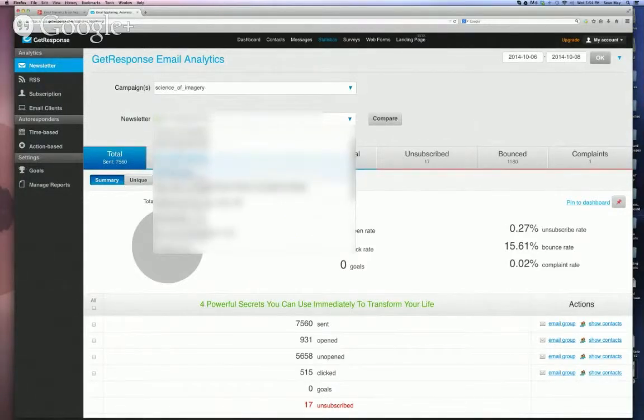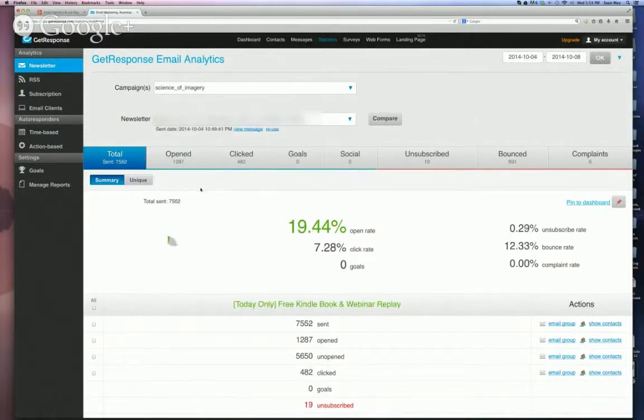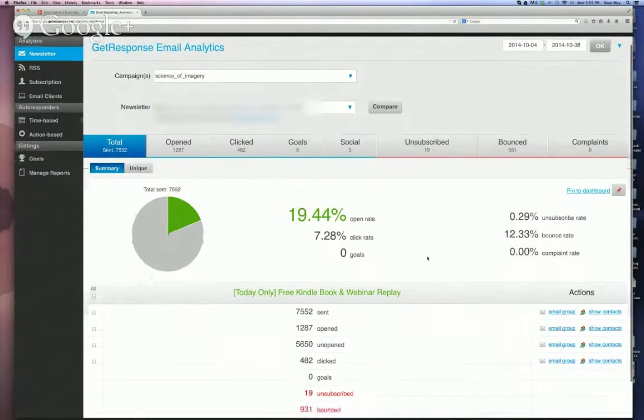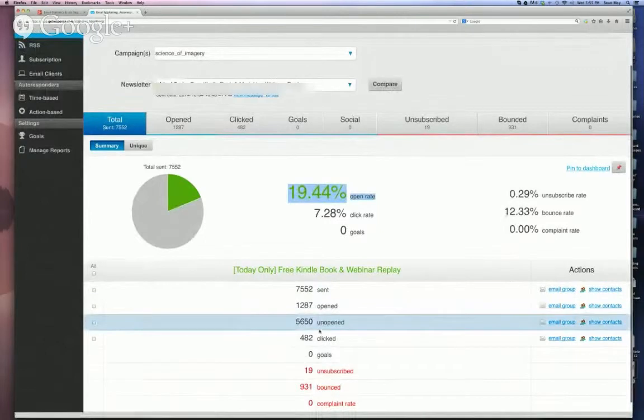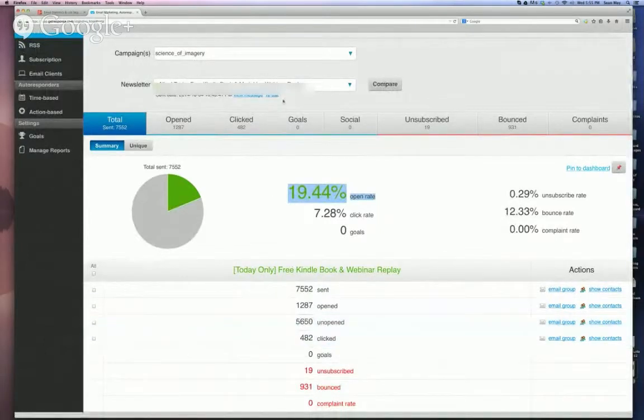And then you can also go through and see what the difference is. So I'm just selecting the different messages that I have sent out over the last week, what my open rates are, what my click-through rates are. This one had a little bit better open rate, closer to 20%. How many were opened and actually clicked on that. Also,